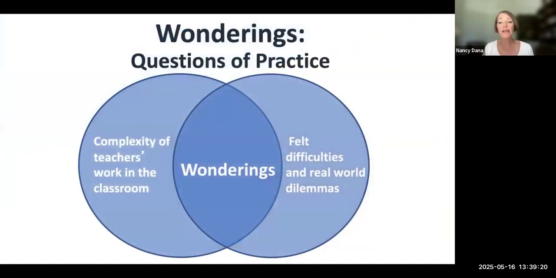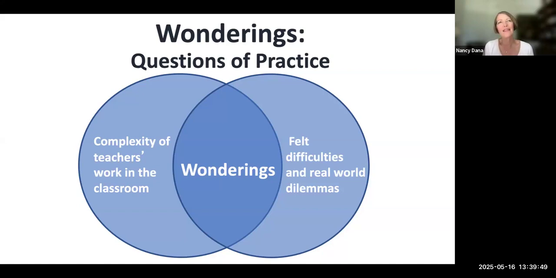And as a reminder, this is what a wondering is. It's a burning question that you have about your practice. And once again, it emerges at the nexus of two places. The work we do as teachers is inherently incredibly complex. And because of that, we experience felt difficulties and real world dilemmas on a regular basis.